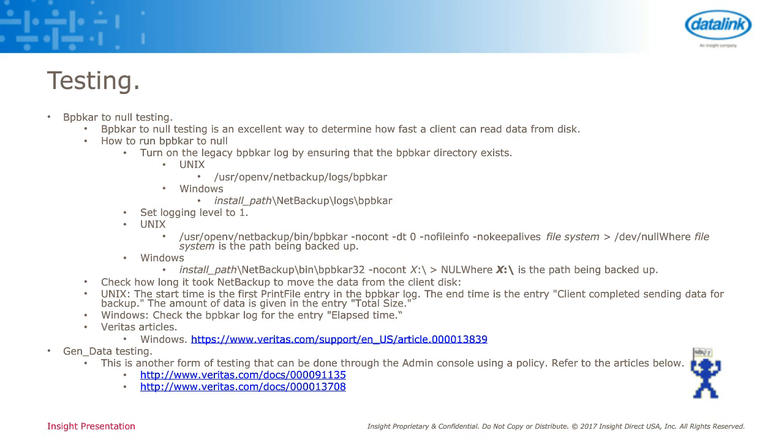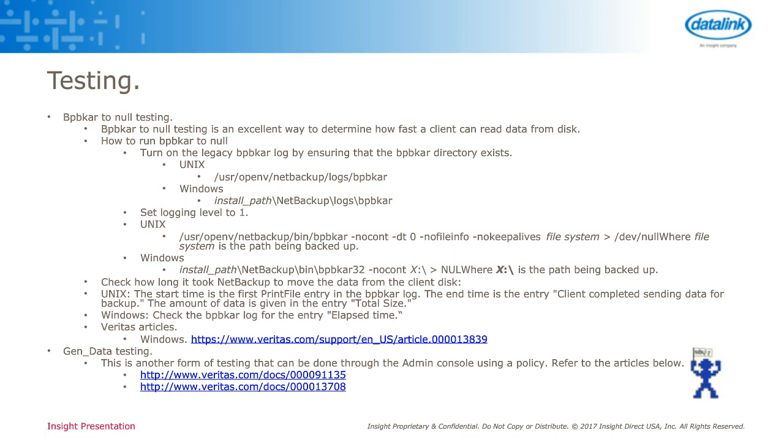There's a couple of different entries based on the operating system. So for non-Windows, the default path is /usr/openv/netbackup/bin/bpbkar, and this is the command line you'll use, and this is available in the presentation as well. It's bpbkar -nocont, and the critical part to this is the file system, what folder you're going to use